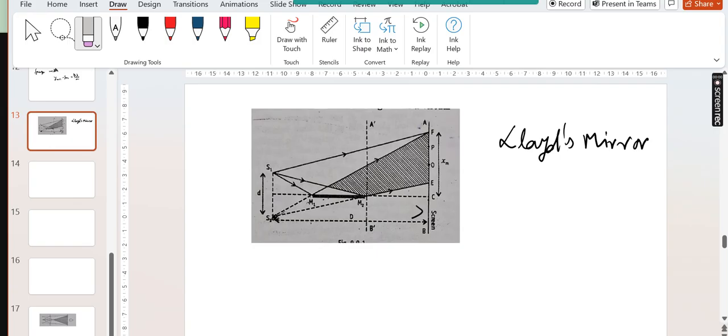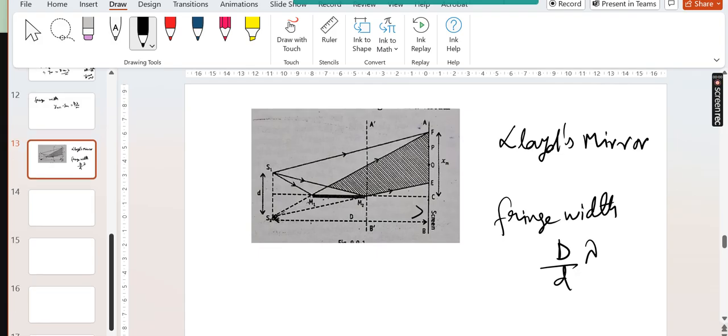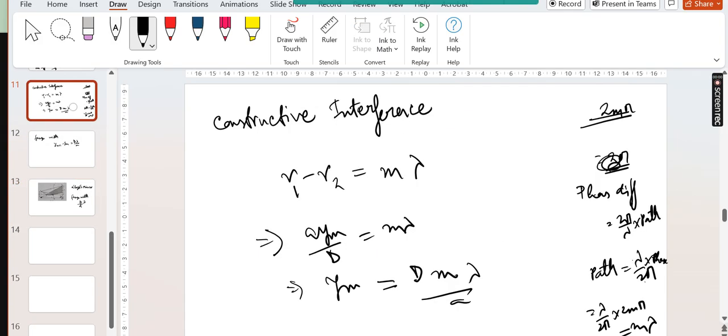So this is basically Lloyd's mirror, and here also the fringe width is the same, which is basically D lambda by small d. Here small d is the distance between the sources, but here